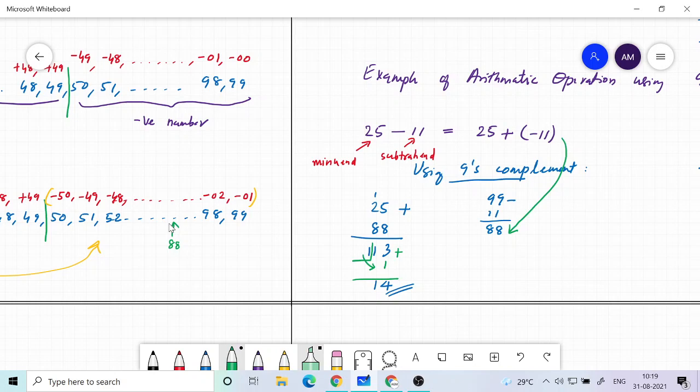Okay, so when you take 11 steps, you are basically reaching 99, and then anything additional. So how many will you take? 14 steps you have to take, right? Then only can you reach. You can take 25 steps altogether. So the 25 steps that you take from 88, you can break into two blocks.